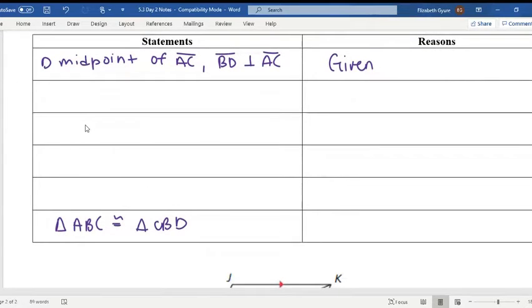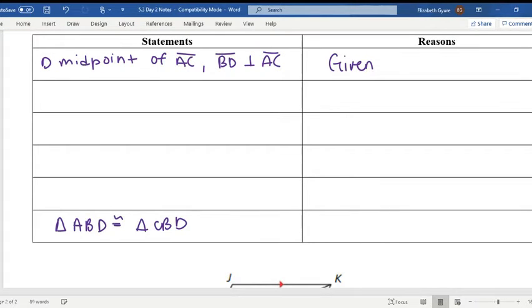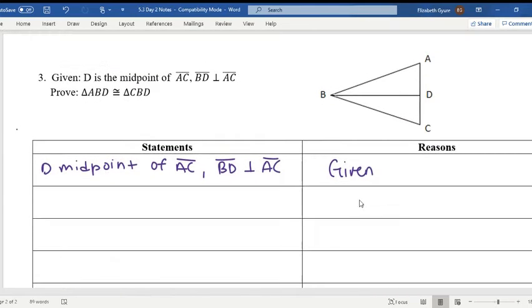Oh, thank you, ABD. Honestly, I saw the A and the B, and then I just assumed the last letter was C. ABD. Thank you. All right, so